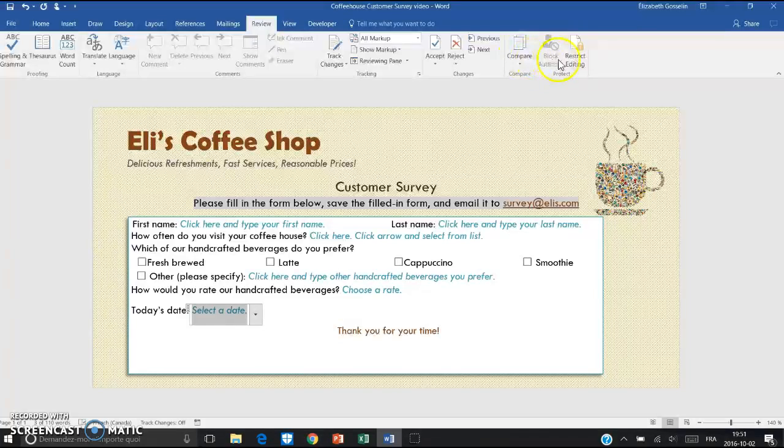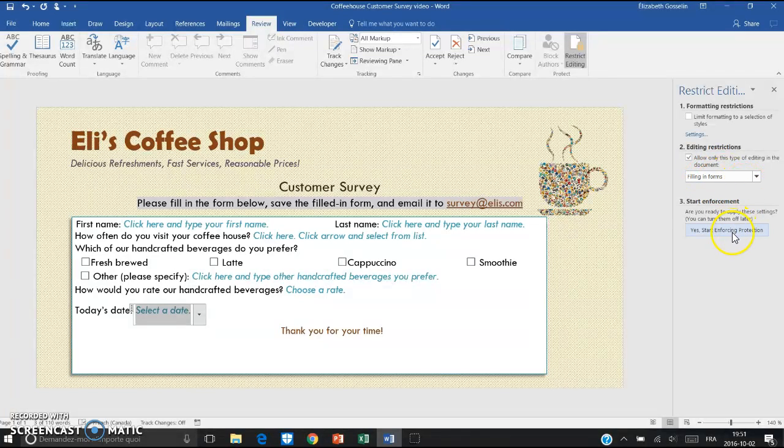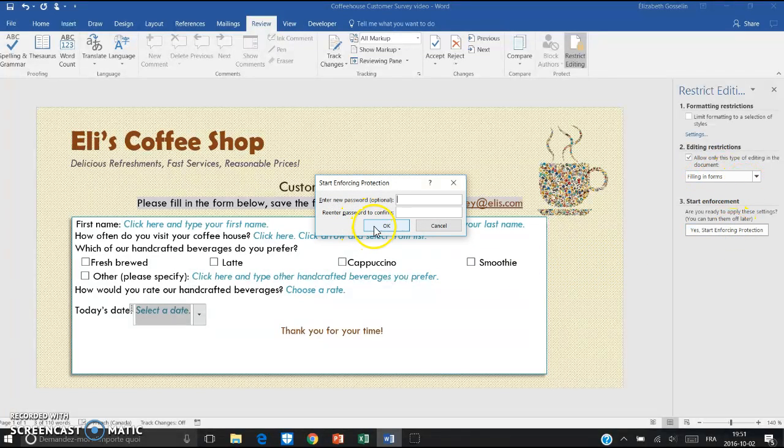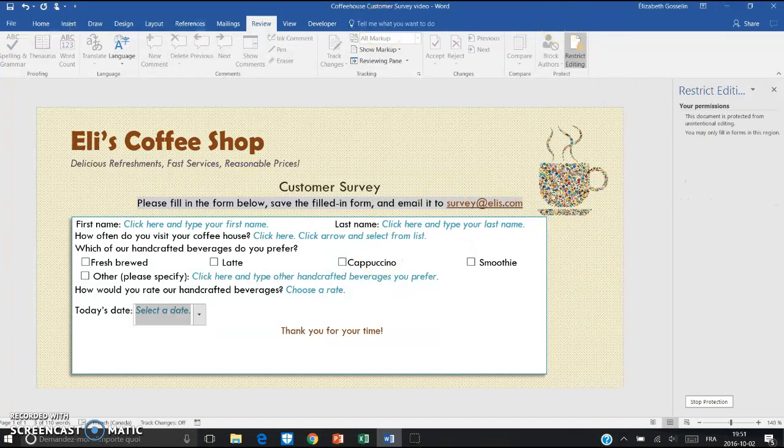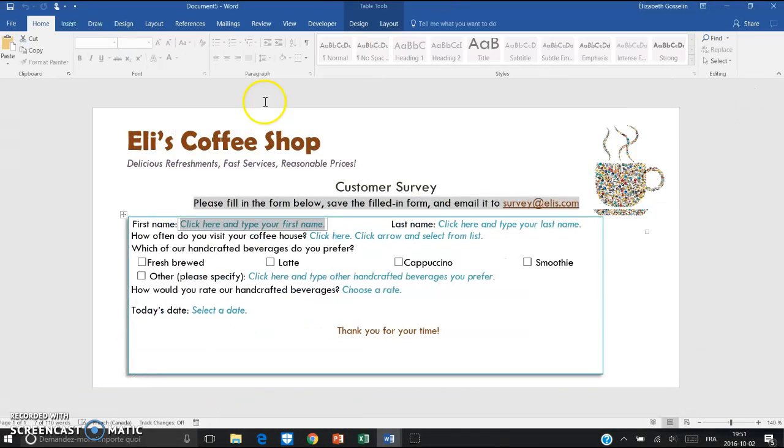So here you go on Review, Restrict Editing, then you choose here, you click there, and you select Filling in forms, and then you can start enforcing protection. You can put a password if you want, but it's not necessary. Okay. Then I save it, and when people open the template, you just double click on it, and it